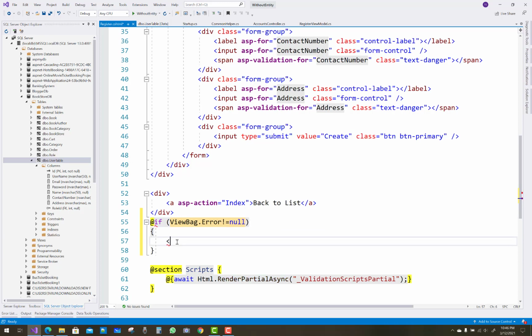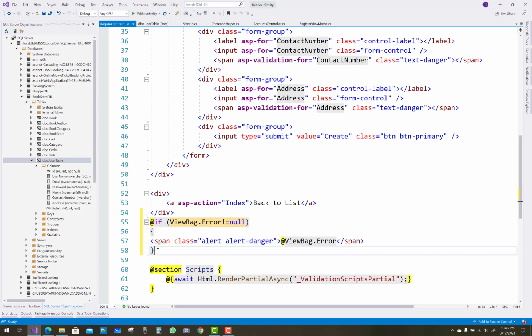And if it is not null, then give a proper error message in an alert. Span class equals alert and alert-danger, that is the Bootstrap class actually. Inside it you can simply put your error message: username and email already exist.